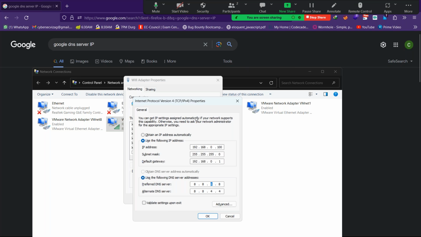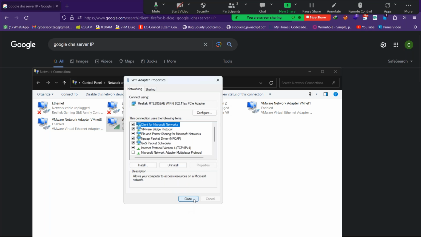Now, since I'm changing my system's IP, guys, we might get disconnected from the meeting for a while. Don't worry, it will automatically reconnect back. Okay, so you might lose my audio, you might not see my screen for a few seconds. Don't panic, it's going to be fine. We will reconnect back. So when I click on OK,